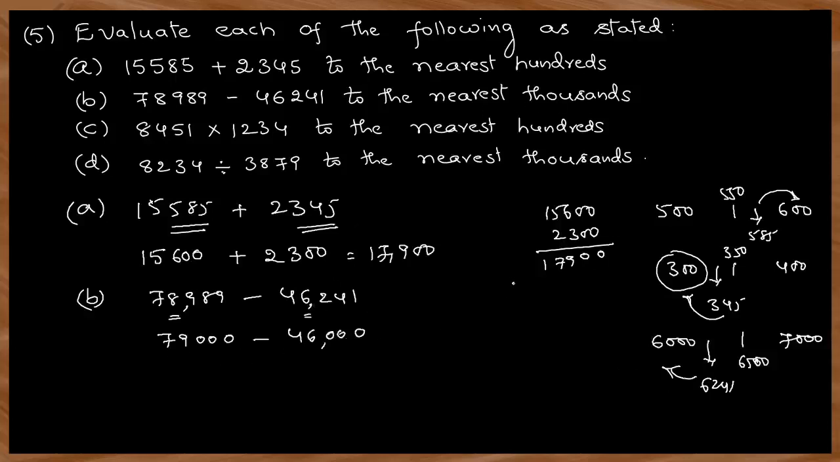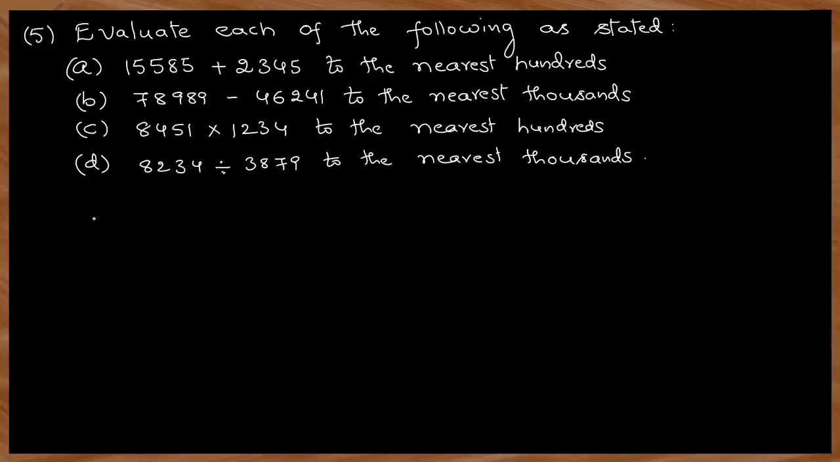So now subtract this, 79,000 minus 46,000, 0, 0, 0, this is 3, this is 7 minus 4 again 3, which is 33,000. Okay. So the nearest thousand is 33,000. Okay. So now I am erasing this. Next C,